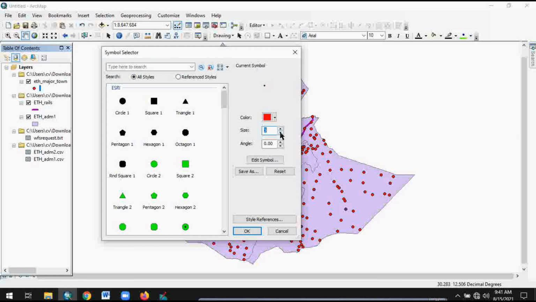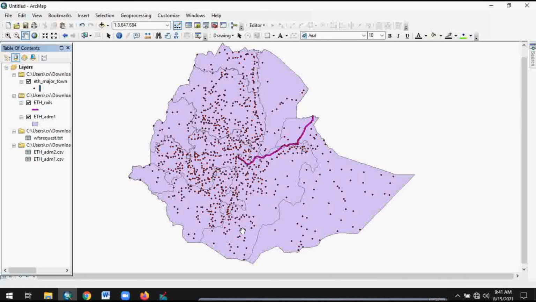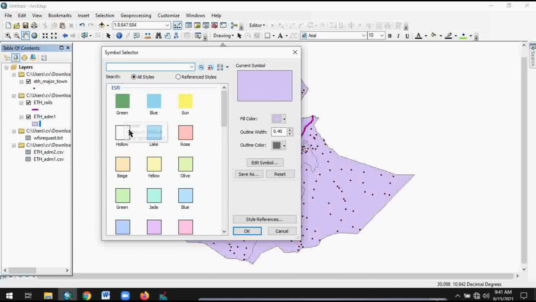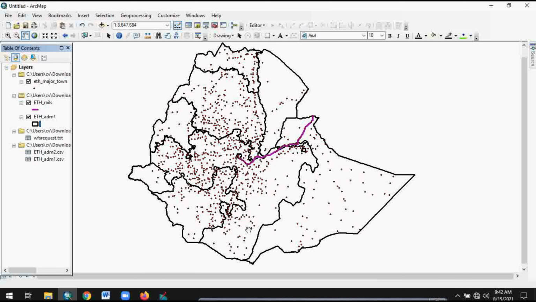Decrease it to 3. Yeah, cool. Now for the polygon features, we can make it hollow, and we can increase the outline width to 2 and say okay. Yeah,